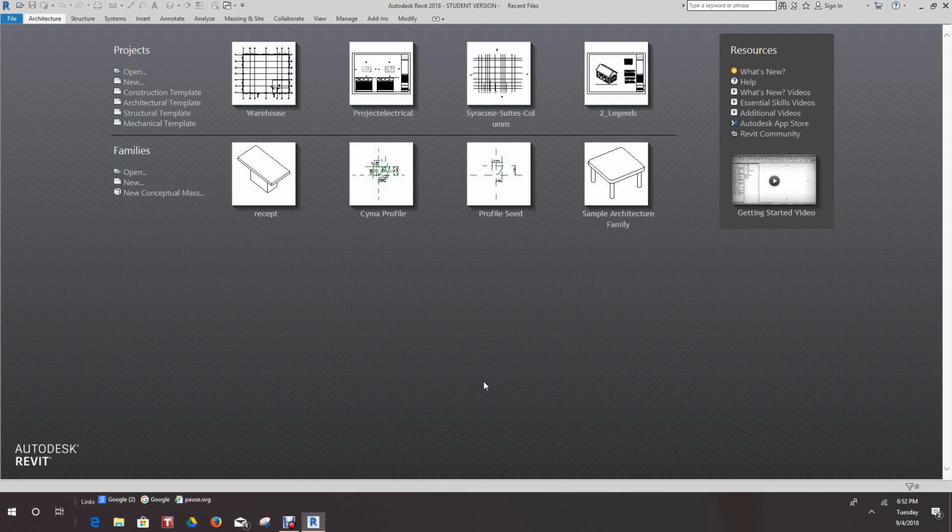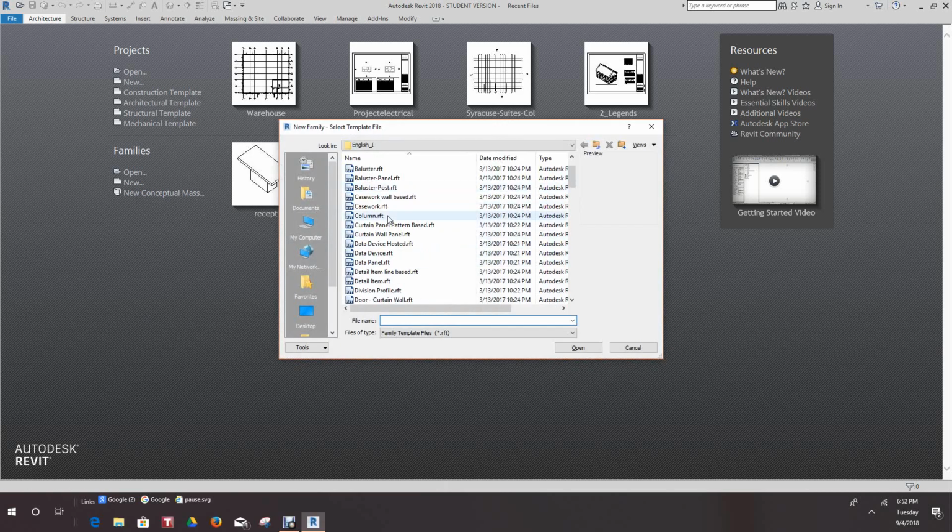Okay, in this series of videos, we're going to look at creating a receptacle family. First, I think it would be a good idea to use your family development sheet and just sketch out the plate and the junction box behind so you can get your parameters set. So from the startup screen, I need to find a